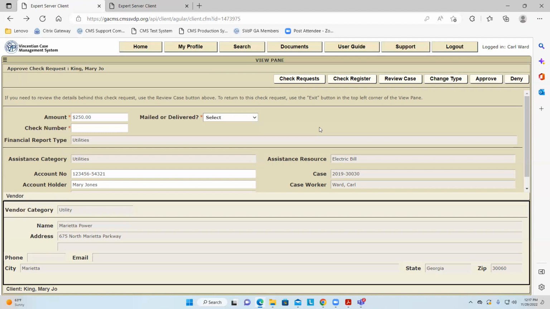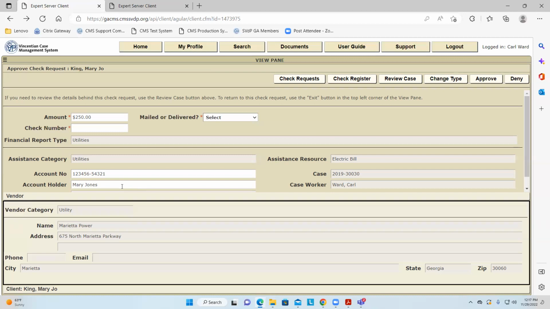The other critical field is the account holder name. Many times, and especially with utilities, the client and the account holder are two different people. And the reason for that usually is because the client has credit problems and somebody else co-signed for them and put that service in their name.